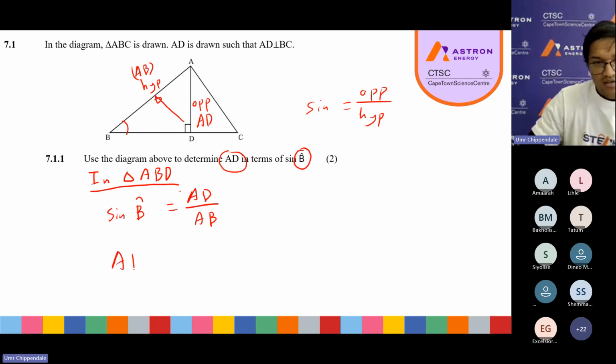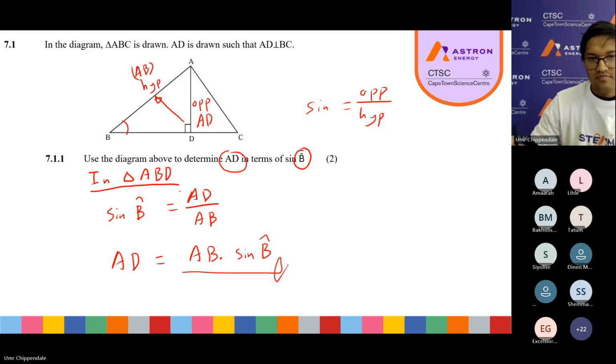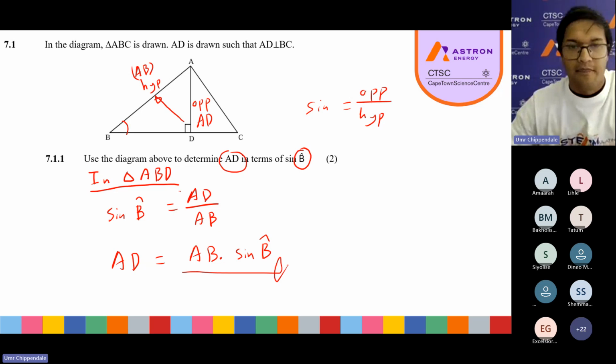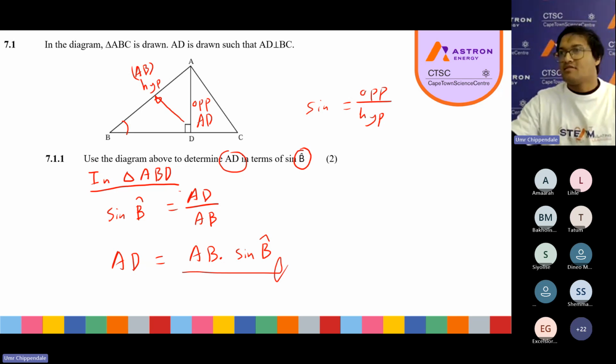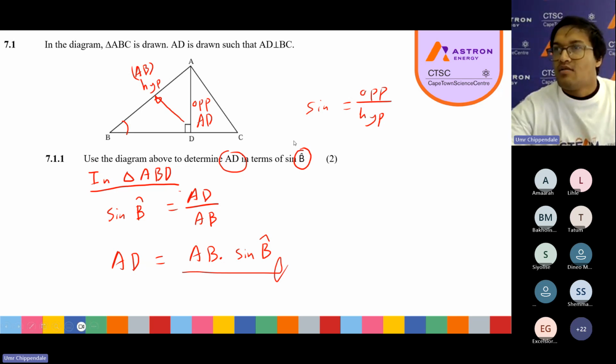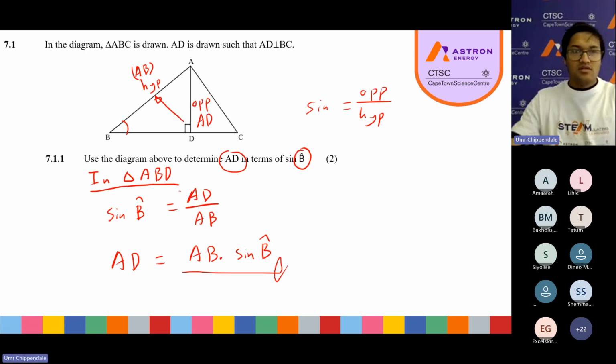So there we say AD, we make it the subject of the formula. That will now be AB multiplied by sine angle B. And that's where you get your 2 marks. That's your final sign over there. Right? So have it just like this. Okay, so now we're going to move on to